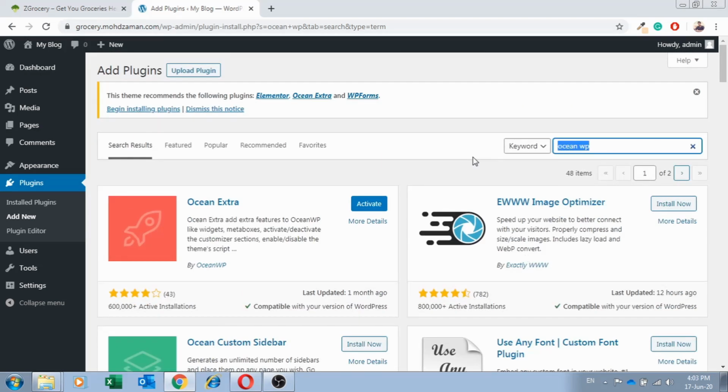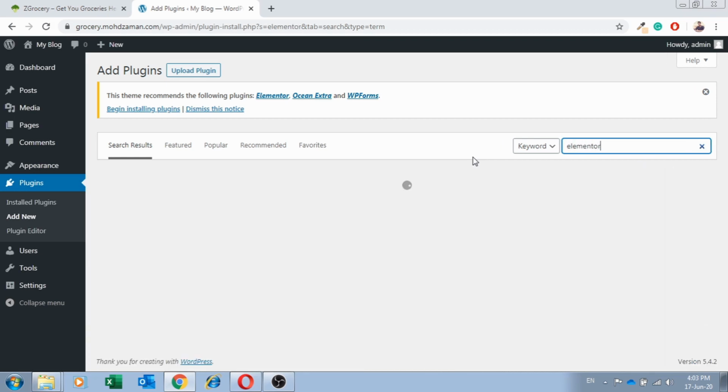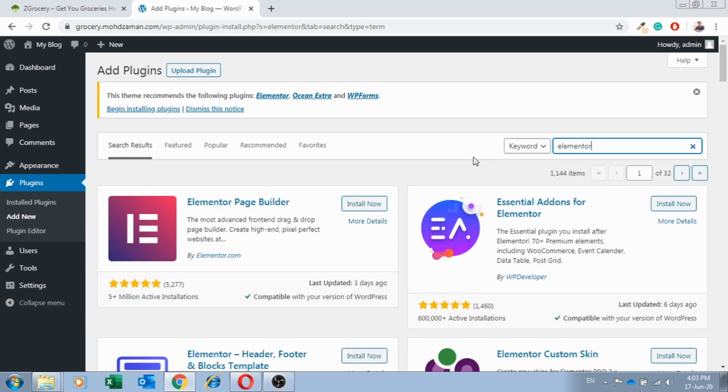Okay, so the next plugin that we are going to install is Elementor. Okay, Elementor is the page builder of WordPress. This particular plugin is a page builder which enables us to make our website using drag and drop, and there are many other features as well. So install it,